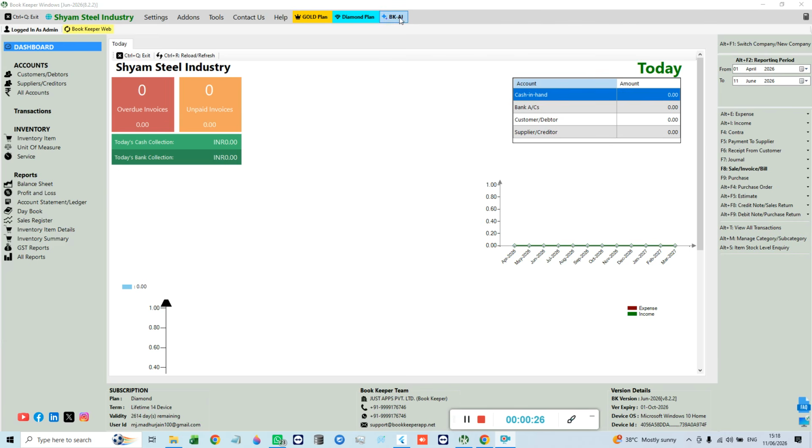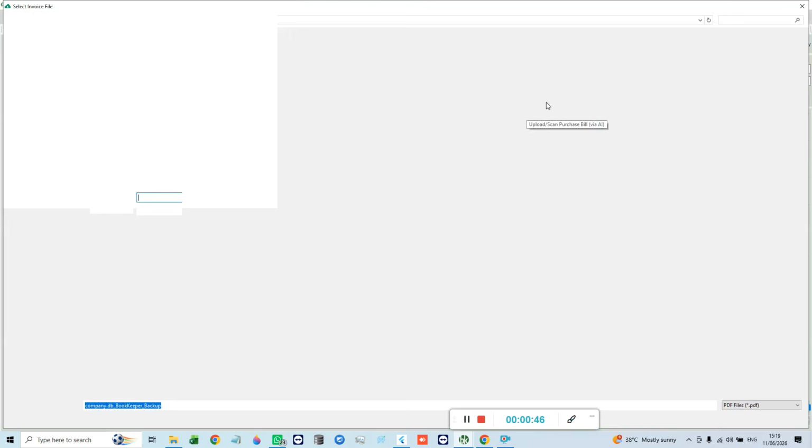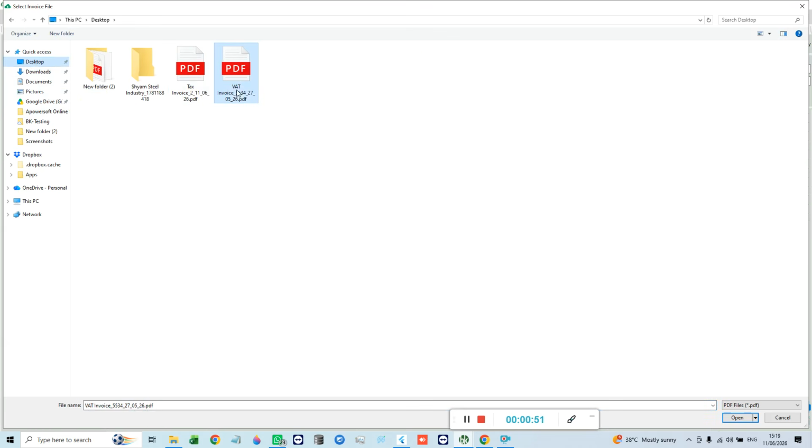All you have to do is just go to this new option of BK AI available in the latest version 8.2.2. You can go to this option and go to option of upload scanned invoice AI. As you click on this, a window will appear where you can upload or scan your purchase bill. Just go to this option and here it will ask you to upload the file. Wherever your purchase bill PDF file is there or image file is there up to 5 MB, you can upload